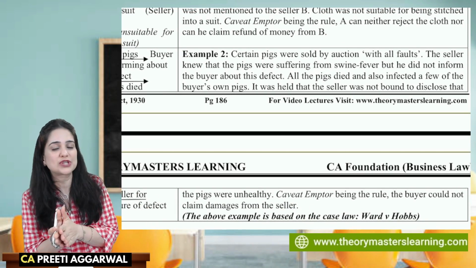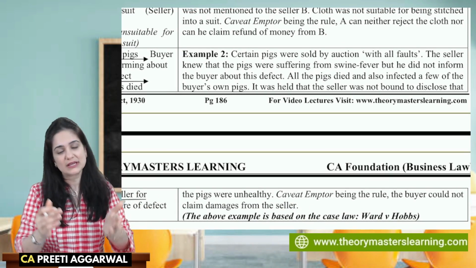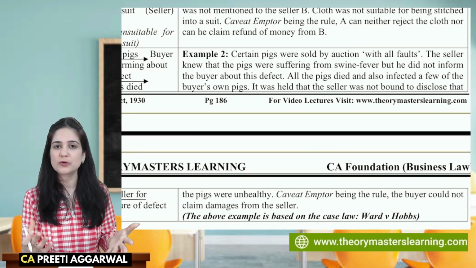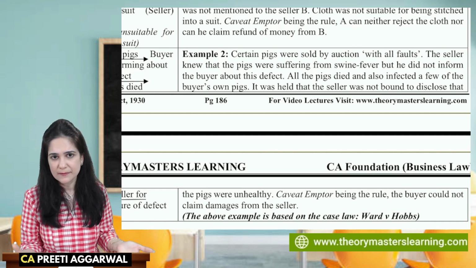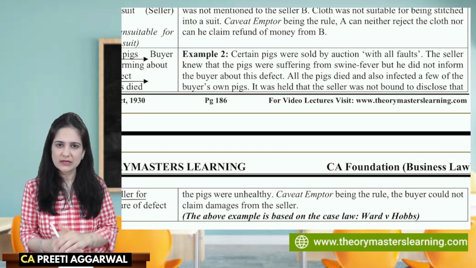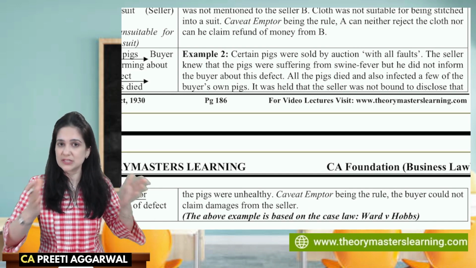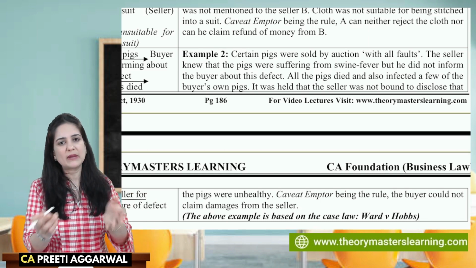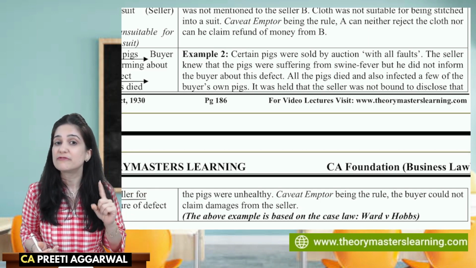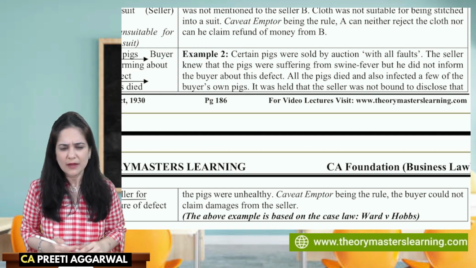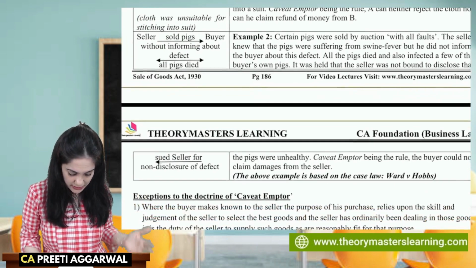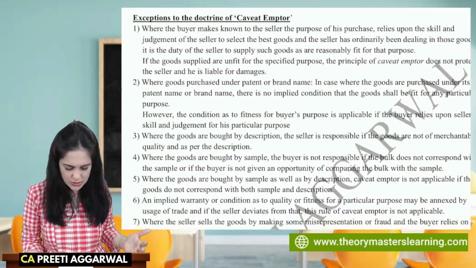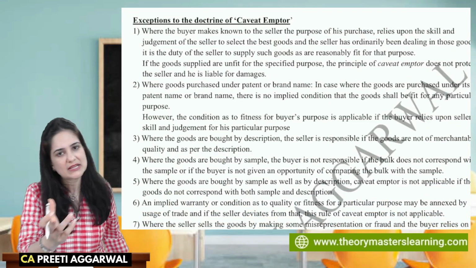So you have to check whether there are any defects, something which can be found with reasonable, apparent inspection. So in this case, the buyer has to check the goods. He has to inspect the goods. Buyer will have to blame himself for apparent or visible defects. Then ma'am, what about hidden defects? Like we could not come to know about it even after examination. Then for those hidden or latent defects, seller is liable.